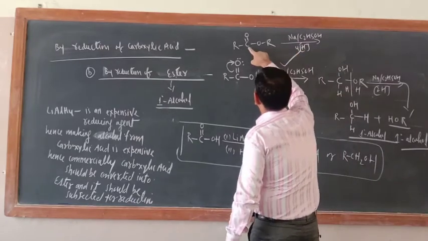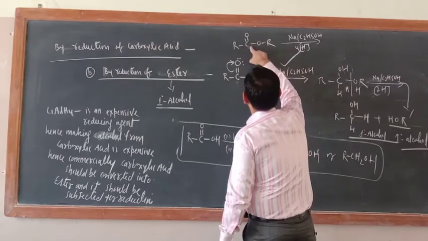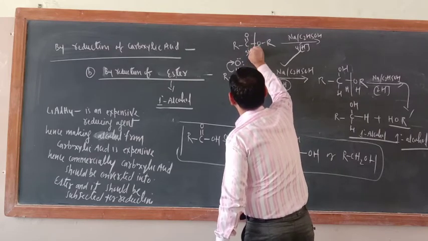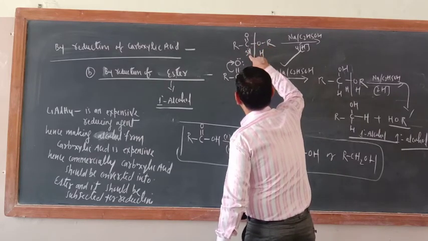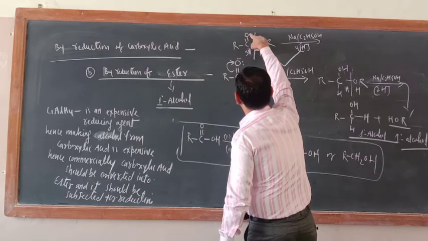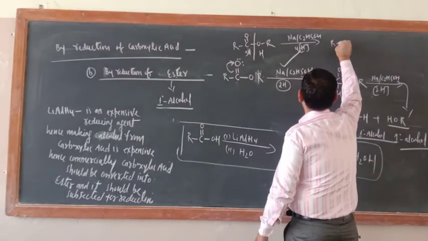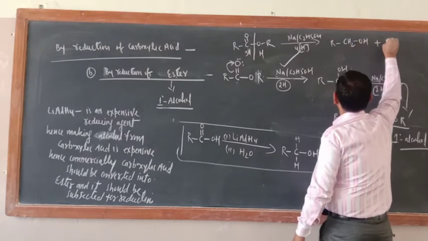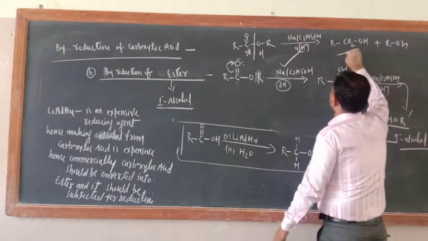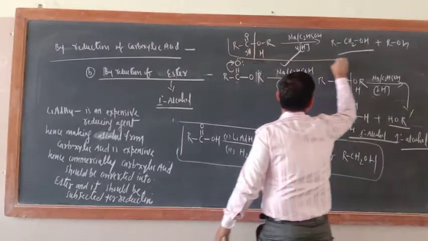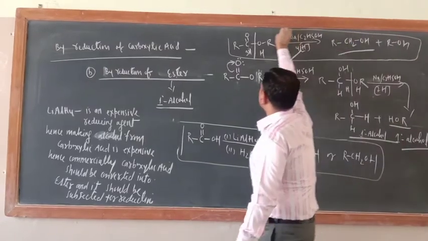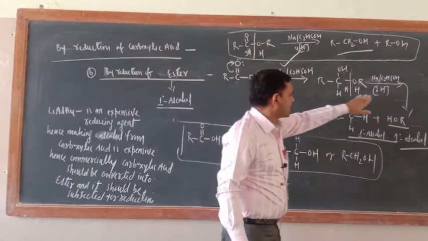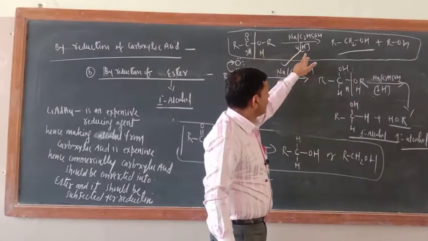So just see, give here 2H, 1H here. Okay, just see, here only give here 3H and 1H here. So out of 3H, 2 will be attached here, 1 will be attached here with the oxygen. So the RCH2OH plus ROH. So instead of 2 steps, you can follow the 1 step only. Just the number of hydrogen consumed is the same, 2H plus 2H, that is equal to 4H. Here also 4H is only there.